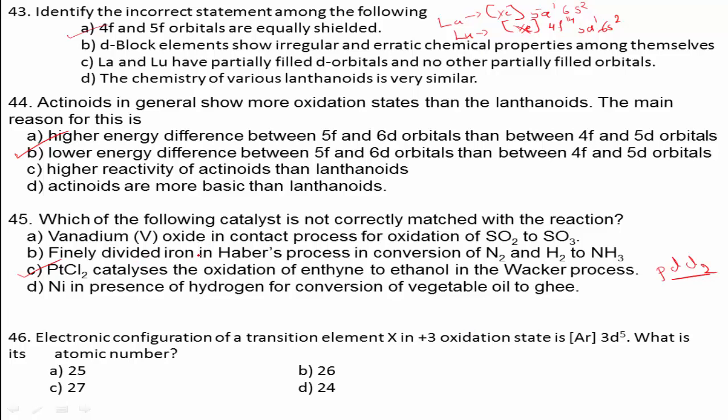In oxidation, an element loses its electrons, and since the given configuration is of an element which is already oxidized, the actual configuration will be argon 3d6 4s2. Hence atomic number will be 18 plus 6 plus 2 equal to 26. Iron has atomic number 26. Therefore, the correct answer for this question is option B.